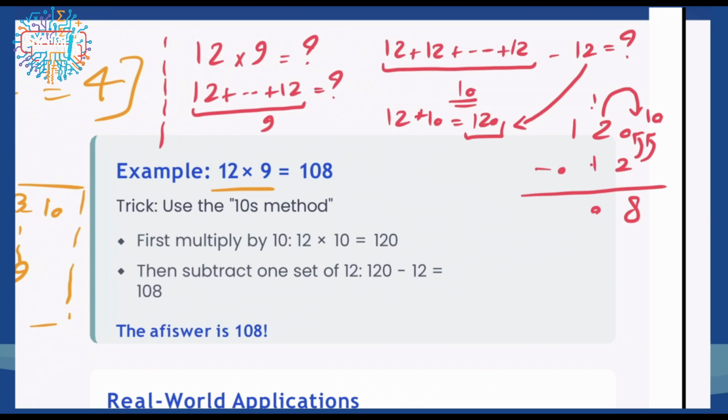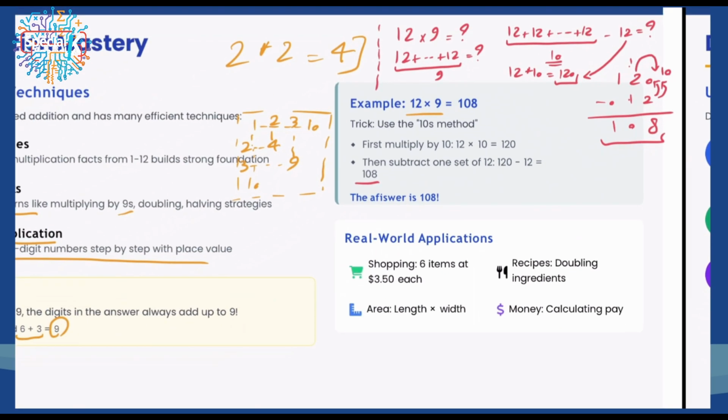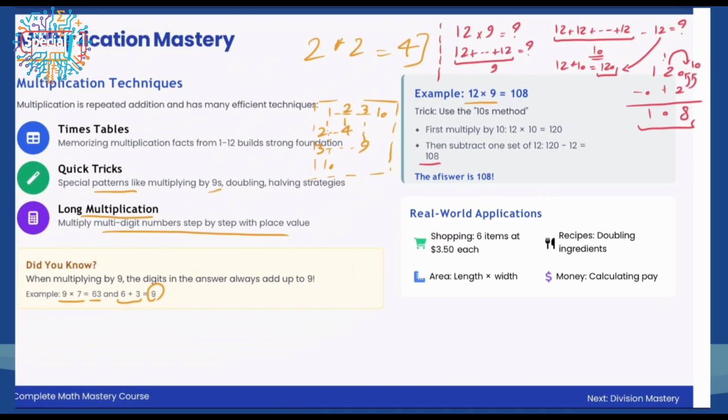For the first number, 0 subtracted by 1 would be 108. So at the end, 12 times 9 is going to be 108. That's a very simple trick, by the way. Again, in some kind of more advanced video, I will talk about all of the ways, but this is another